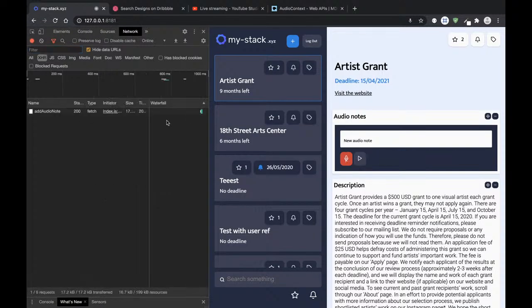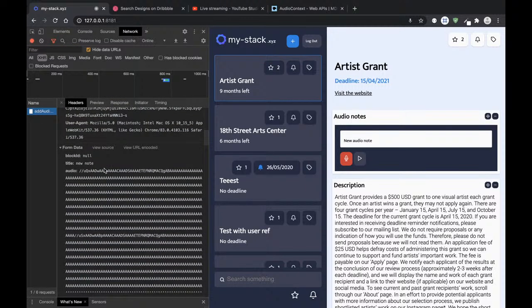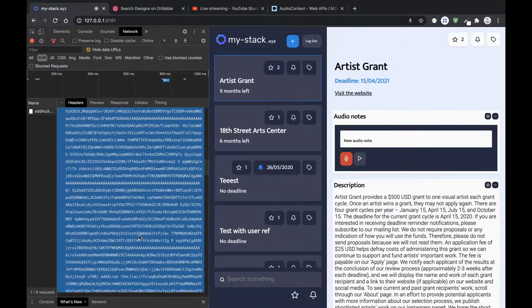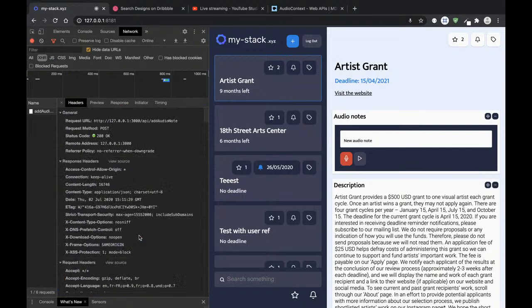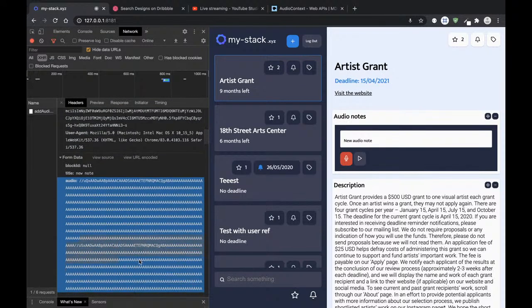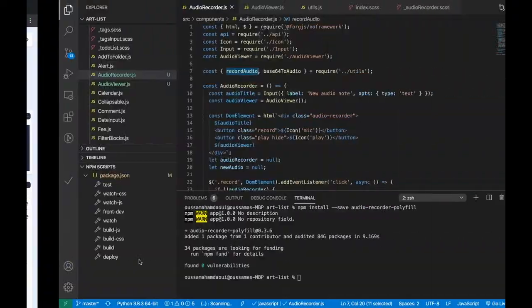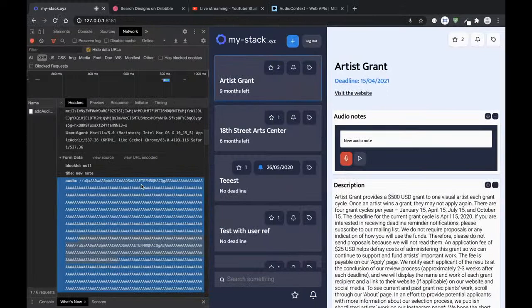Let me record something, show you. I'm just gonna send this huge form data with the information that you have. My audio, that I told you I'm using, what do you call it? I'm using base64 encoded strings,